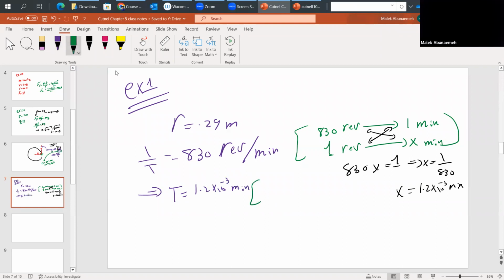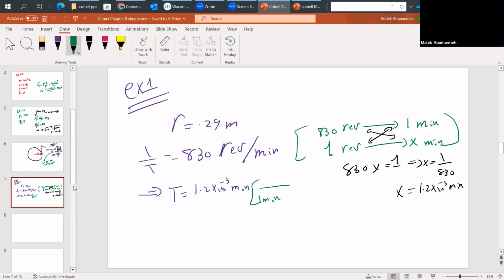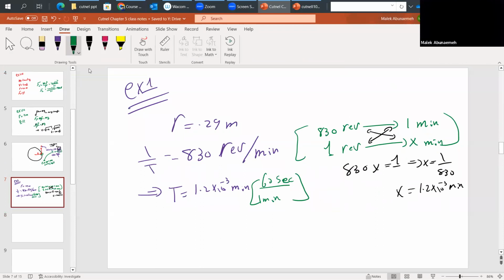Multiply that by 60, because each 1 minute is 60 seconds. To convert it, 1 minute equals 60 seconds. That means our period in seconds is going to equal 0.072 seconds. So we got the radius, we got the information for the period, and we're looking for